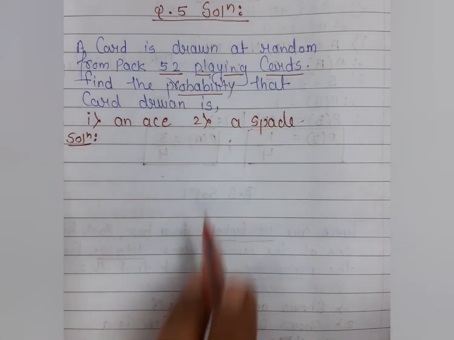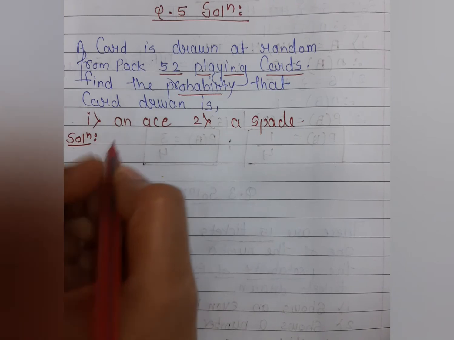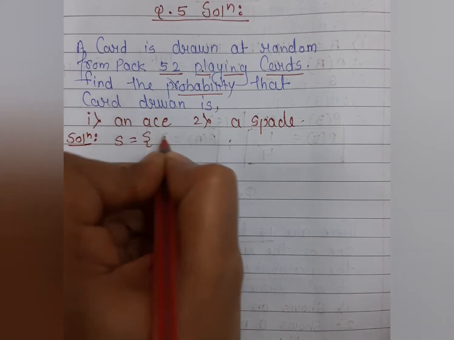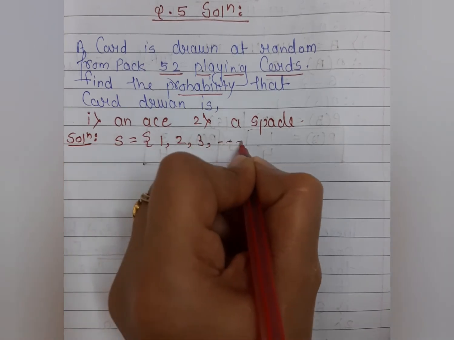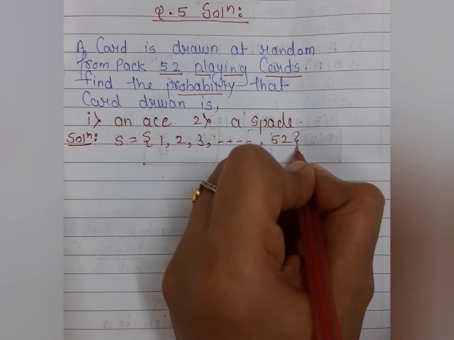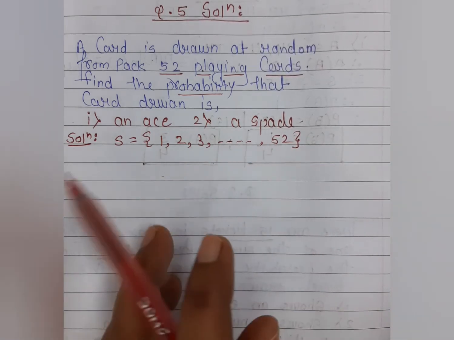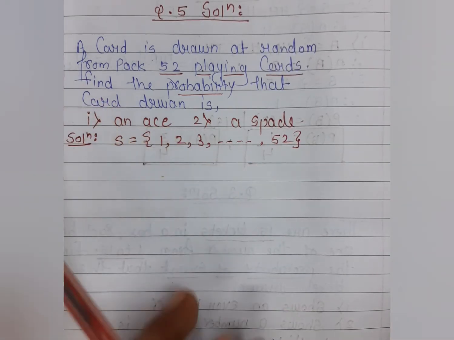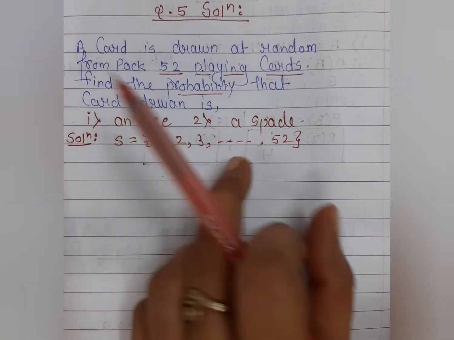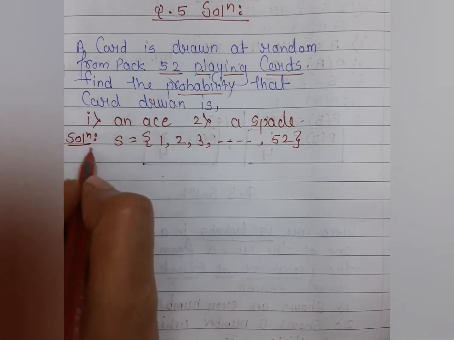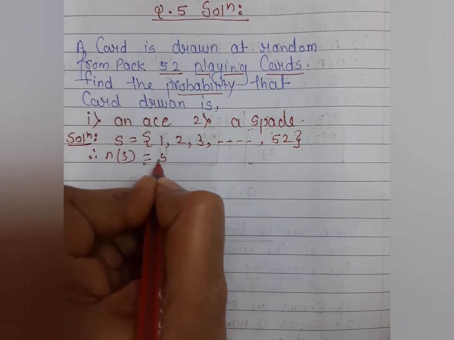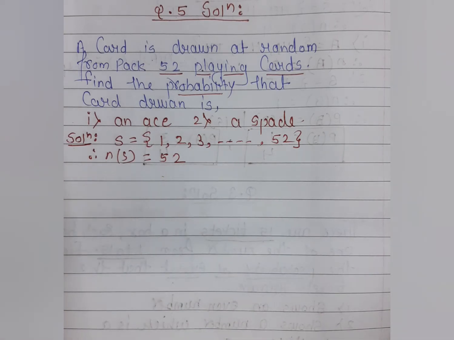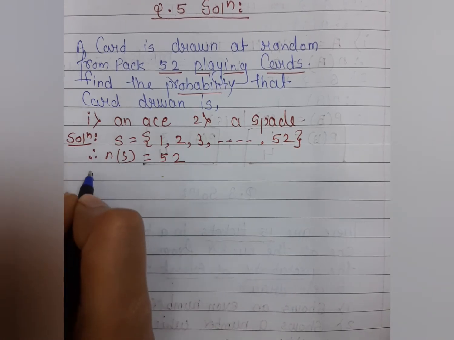So here, students, we have 52 playing cards. So the sample space of 52 cards, as you know very well, is 1, 2, 3, and in this way, students, up to 52. Because the number is very large, we are not supposed to write all the numbers. We can write a few numbers, and between them we can put a dash and comma. And here the total number in the sample space is 52, so we can take 52. After that, students, we have the first condition, that is condition 1 is here,